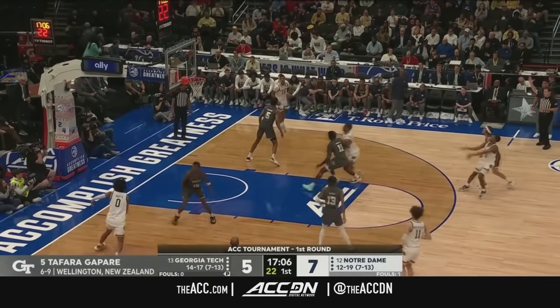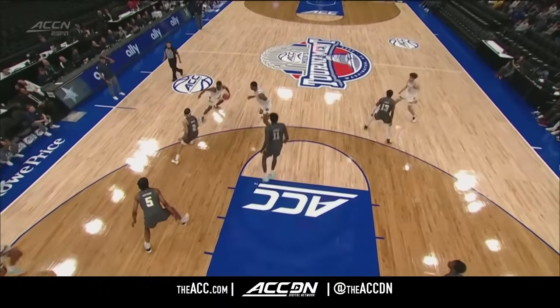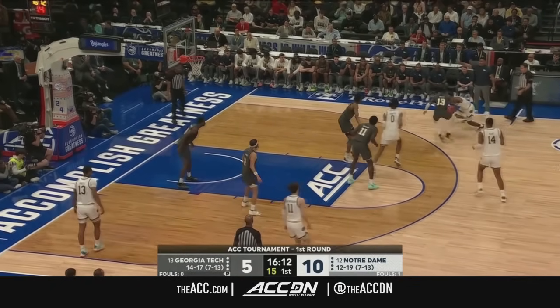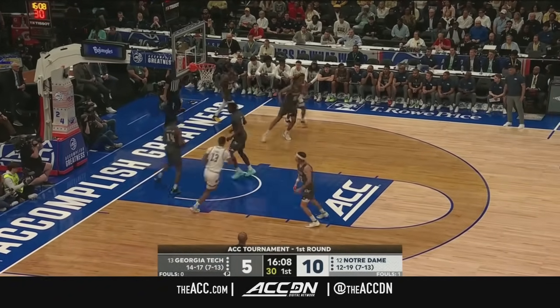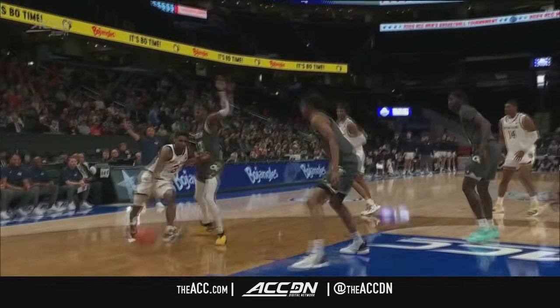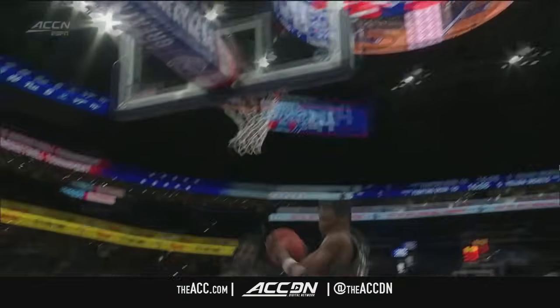That's a deep dive. Here's Burton. Got it from three-point land. Pass. Now you have to have a hand low here. Well, this is Burton knocking down the... Burton off the fake. Georgia Tech switching a lot of these actions. Good fake. And swishes it in. He's got some game. He's really improved that pull-up game. He can really get to the rim. And this is a big-time pull-up. Little step back, the shot fake, let the defender fly by, and that's not an easy...